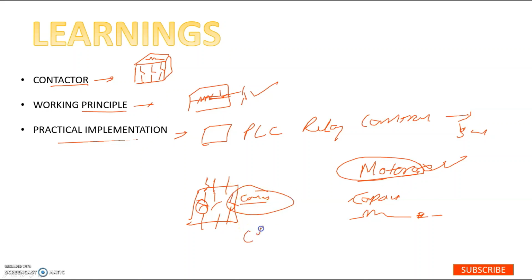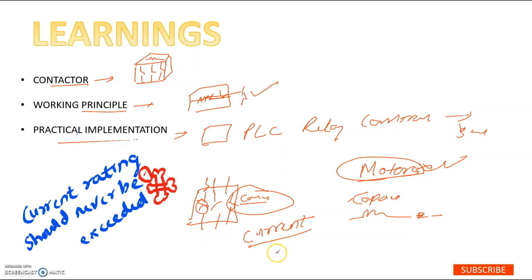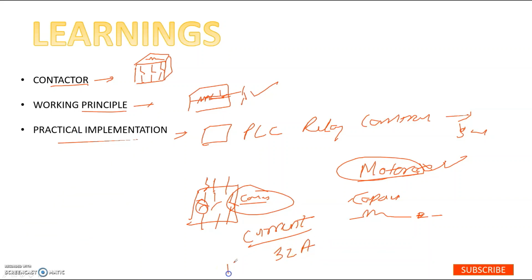So you have to take care, you have to read the contactor specification properly, and the current rating should be, generally say, 32 ampere, 16 ampere, or sometimes the rating is in volt ampere, which is basically the load. So burden, generally in technical terms we say burden. So if the burden is 3000 VA, you just cannot exceed a burden of 3000 VA through this contactor, otherwise the contacts are going to be burned out.